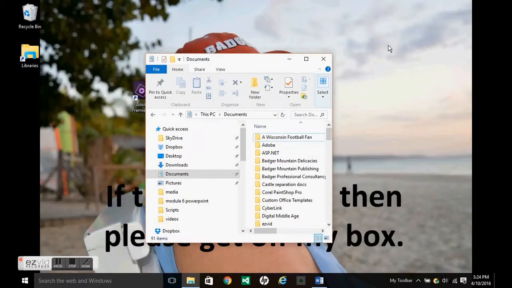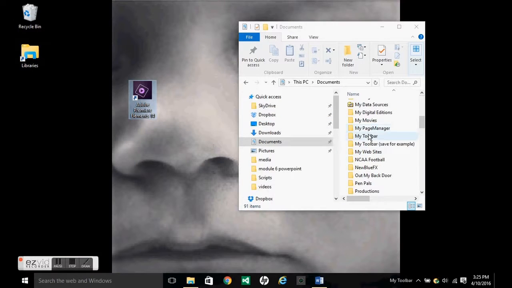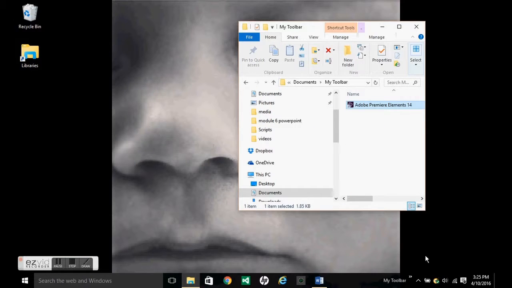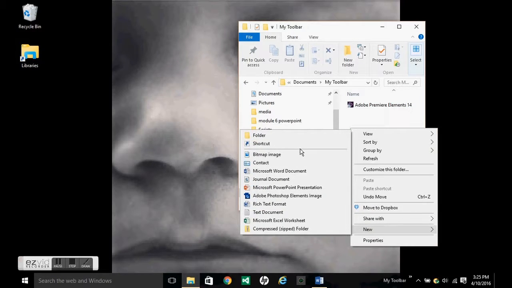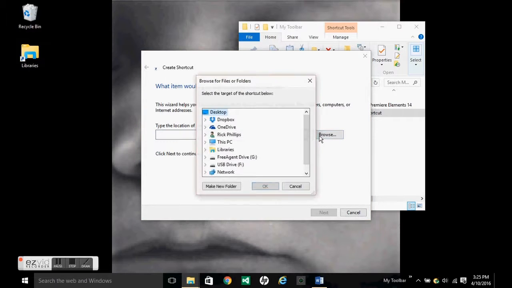Instead, let's put them in my new toolbar by simply opening File Explorer and dragging the shortcut into your My Toolbar folder. Alternatively, you can right-click in the My Toolbar folder and create a new shortcut right there. Note, however, if you use this method, you need to know where the actual software application is located on your